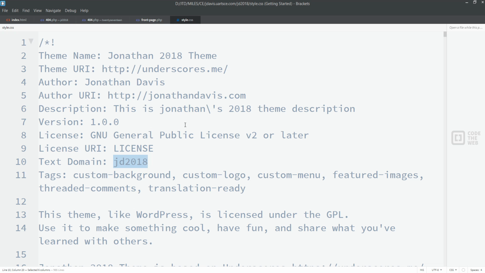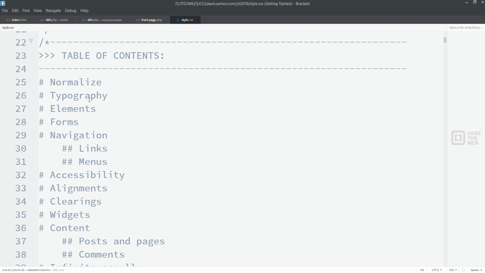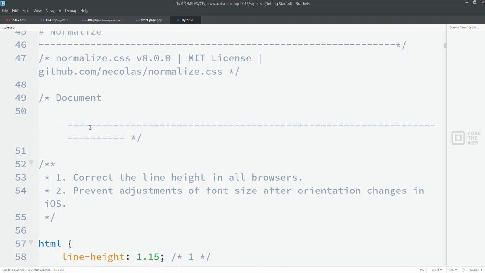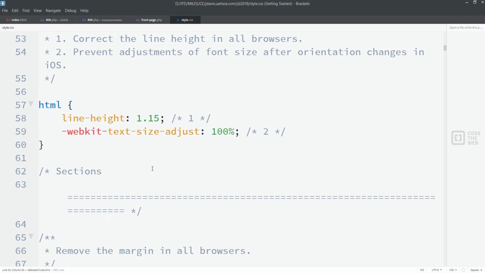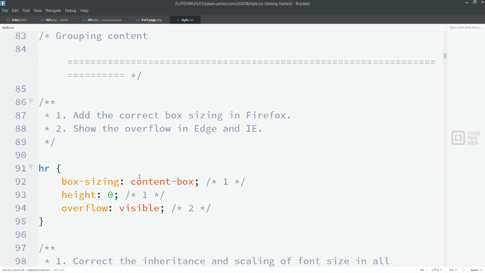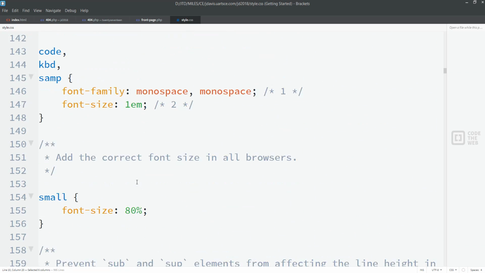But anyway, you can see that this stuff is actually inside of a comment. We have the slash asterisk here, and all this is grayed out because all of this is actually part of a comment. And you see that even stuff here is all comments. We don't actually get into the CSS until we get down here. Now, we do see quite a bit of CSS here. And this is mostly